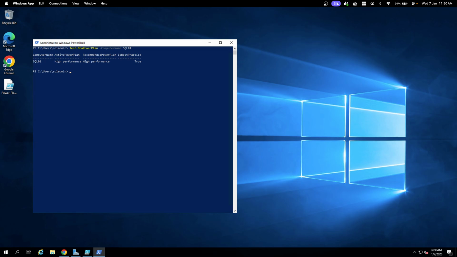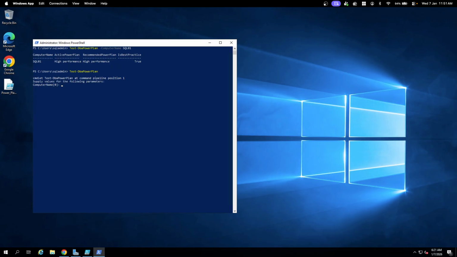So this is also one of the troubleshooting commands you need to verify from the backend. The junior and mid-level DBAs may miss checking this part, but as a senior DBA, we need to identify whether we set the proper power plan or not. Okay, so for example, if you are not passing any command, Test-DbaPowerPlan, I